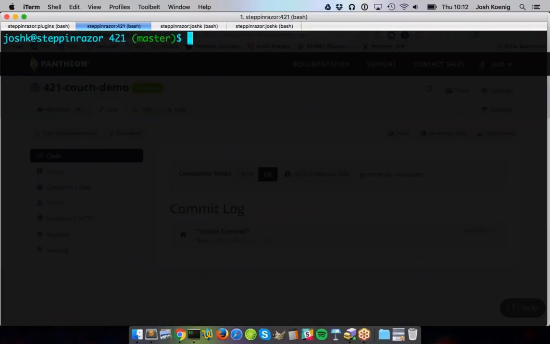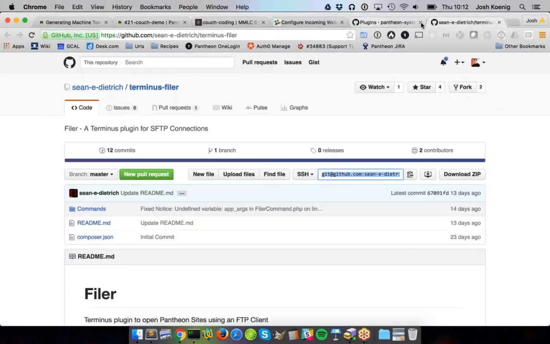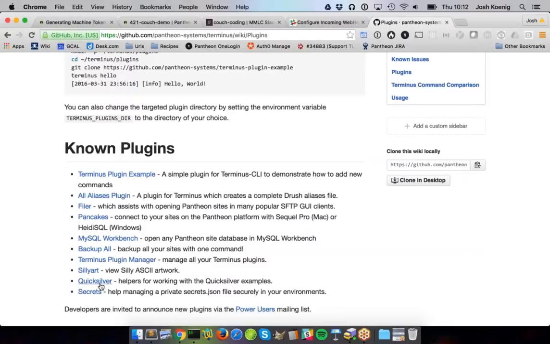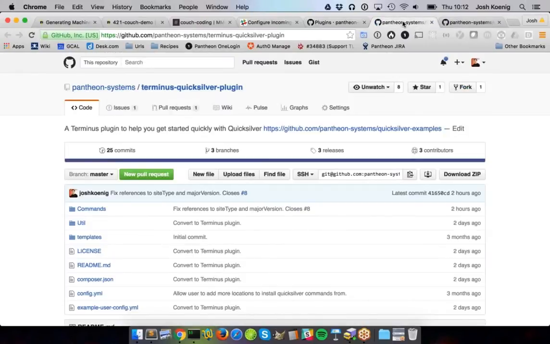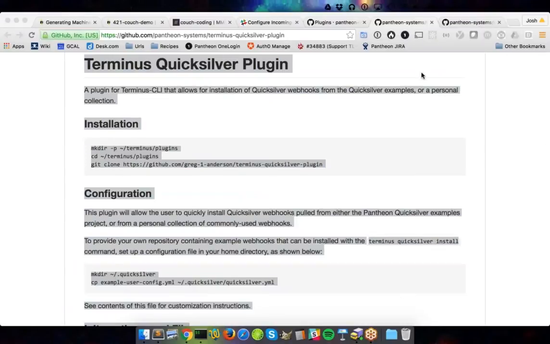And for the purposes of the demo, I'm going to install some more Terminus plugins, because we have some awesome ones for working with Quicksilver. Quicksilver are the cloud integration tools that we launched earlier this year. And basically, I'm going to put on my camera because I can gesticulate while I describe this. So if Terminus is going from the outside in to Pantheon, the cloud integration tools are going